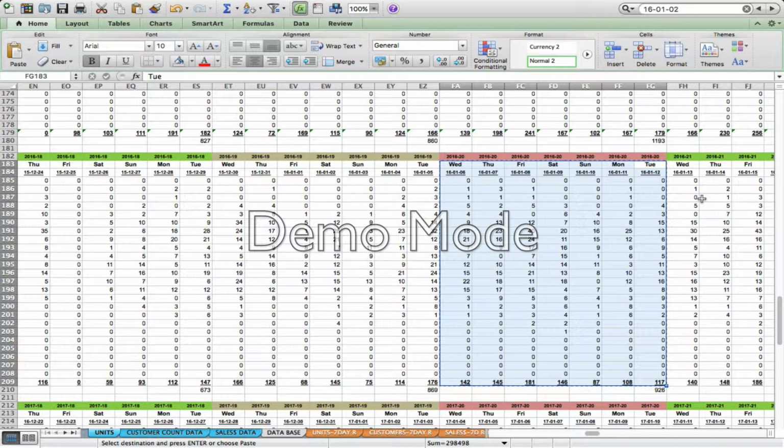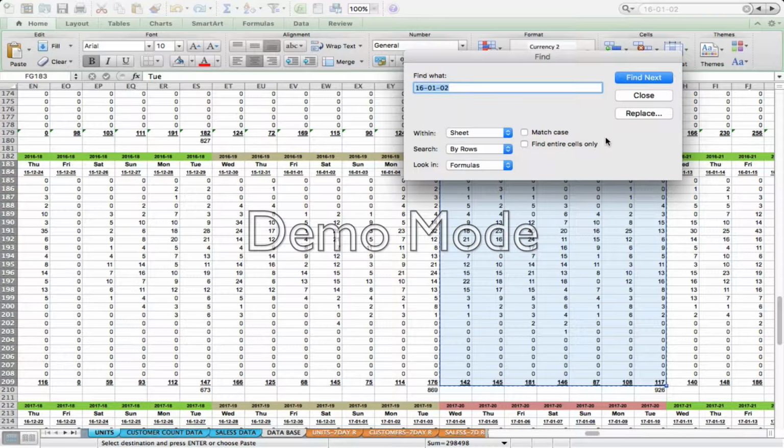So we have to do a search here. So I think it's on Windows, I believe it's Control F. On a Mac it's Command F. And of course the date format is going to be different on Windows as well. So you just have to look at what the date format looks like here and then copy it. So here it has the year, a dash, and then the month and the day, but Windows is different. So I'm just going to look at